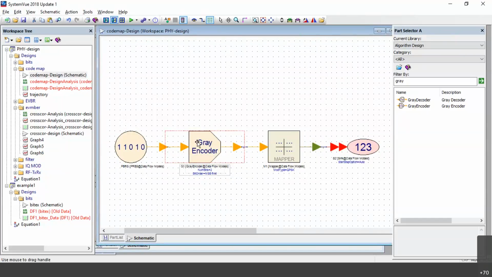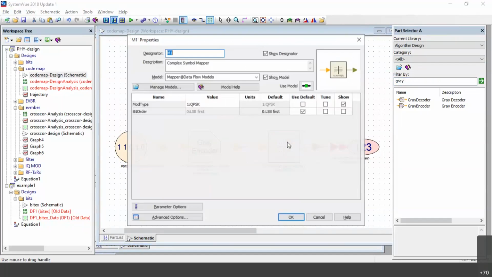Fine. And then next, go to the part selector, right here, mapper. Select the mapper, you should get this mapper. Now double click on the mapper, and choose what type of modulation you want.